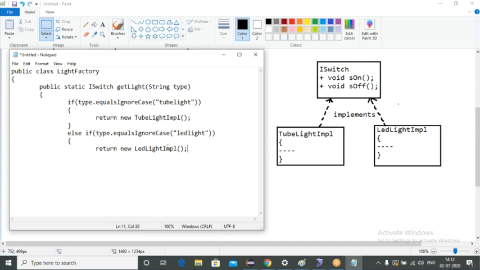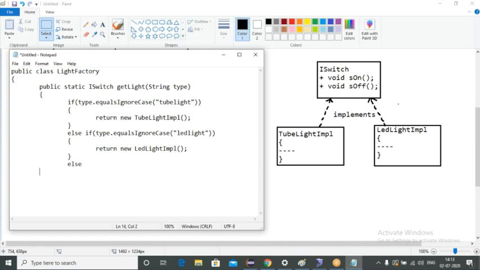Clear, guys, don't get confused about where the tube light and LED implementation classes are. That is only the implementation class. This is the factory code, not with respect to that one.